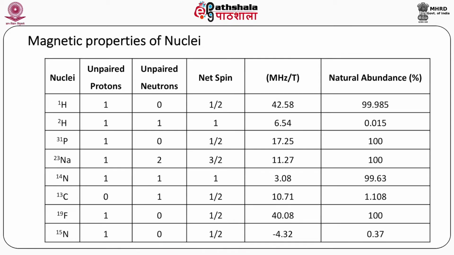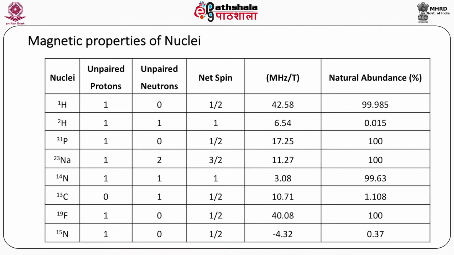Now, here are the magnetic properties of some of the nuclei. We have proton, deuterium, 31P, 23 sodium, 14N, C13, 19F and N15. What you have to see basically is that these various nuclei have I, which is given as the net spin, equal to half or 1 or 3 by 2, and then their gyromagnetic ratios are given in terms of